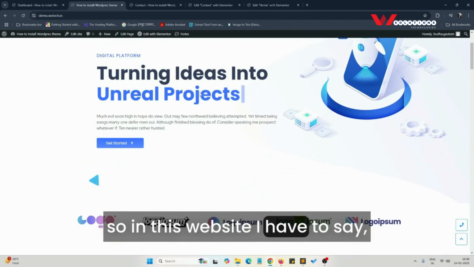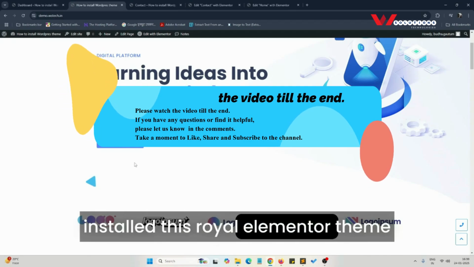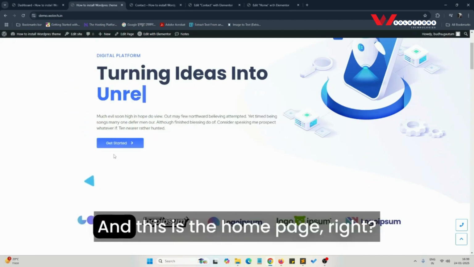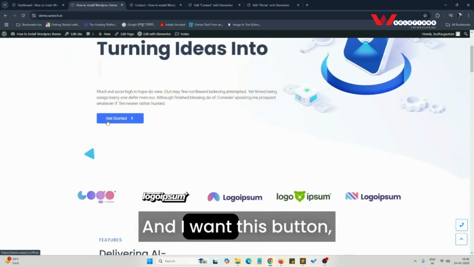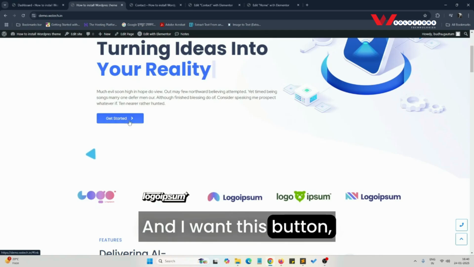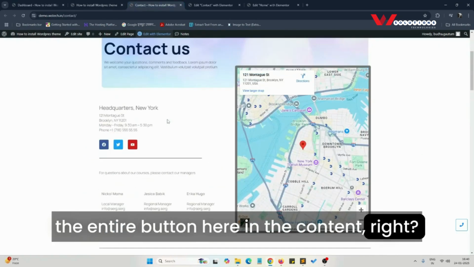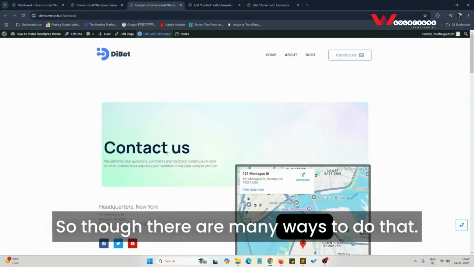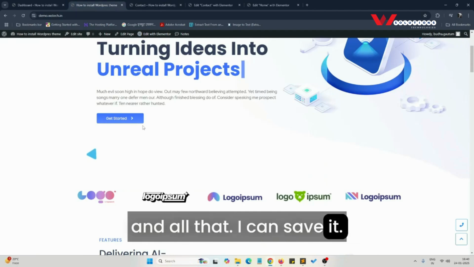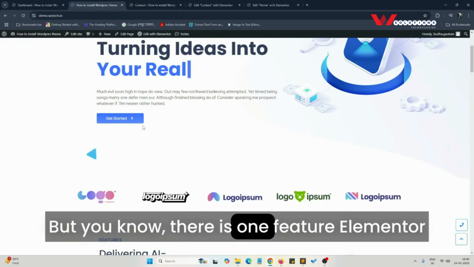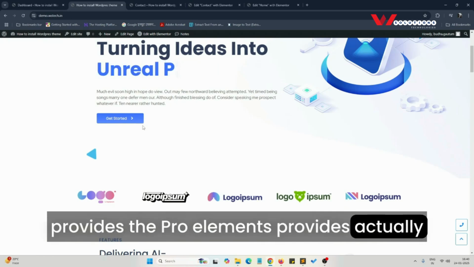So in this website I have just installed this Royal Elementor theme this time, and this is the home page, right? It's a beautiful theme really, and I want this button, the entire button here in the contact, right? Though there are many ways to do that, I can copy all the features and save it. But there is one feature Elementor Pro provides, that you can save it